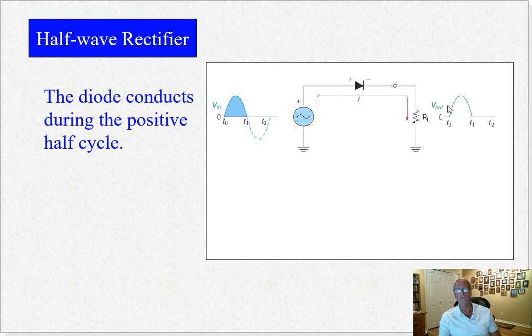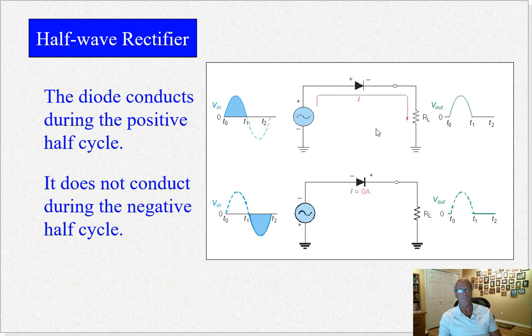So V out across the load resistor has this hump. It only shows the positive part of the AC waveform. When the current goes the other way, it shuts off. Current is zero. So we don't get anything. So what you're going to get is a hump and then nothing, and then another hump and then nothing. So that's called a half-wave rectifier because it only rectifies half of the wave. The other half is